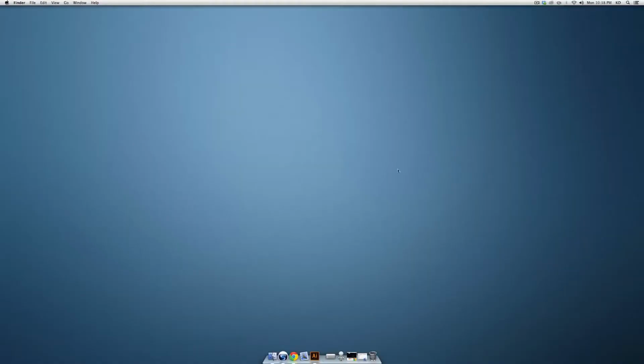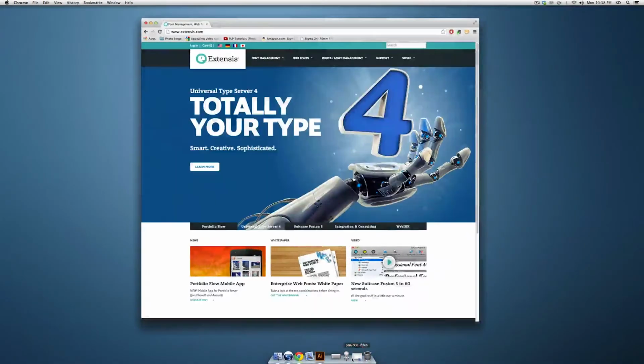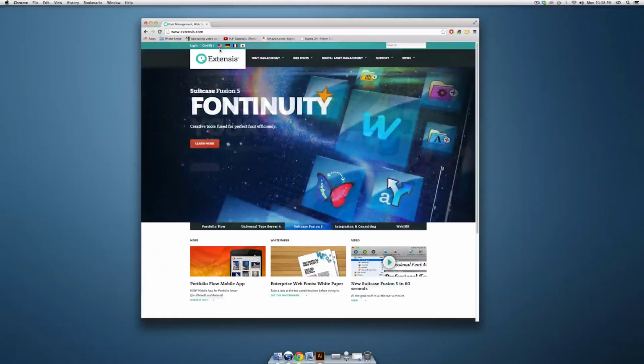So you'll see how easy this is to use and how vital it is, and once you've used it, you will never be able to not use it again. This is an absolute must tool for every designer. Let's get started. Alright, so the first thing you want to do is actually go to extensis.com, and once you're